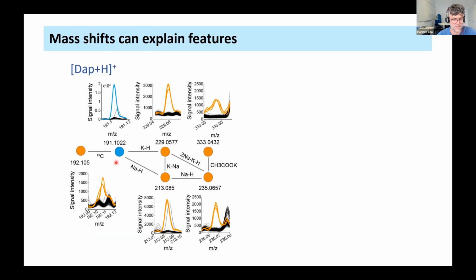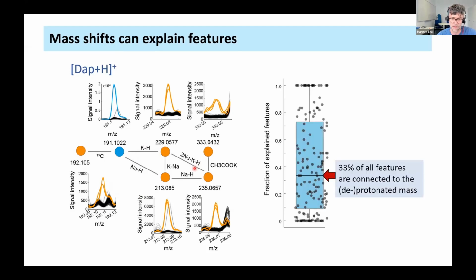Not all of them make sense, but you see here, for example, just around that would be the potassium adduct, the sodium adduct, and here's the 13C isotope peak that you get from this. This you would simply get by extending your reference list by the certain adducts. But the other connections over the other nodes, which go over 2 edges, are more difficult to explain than by extending the annotation list. And by doing this, what's nice to see is that already 1/3 of the features are explained by this.